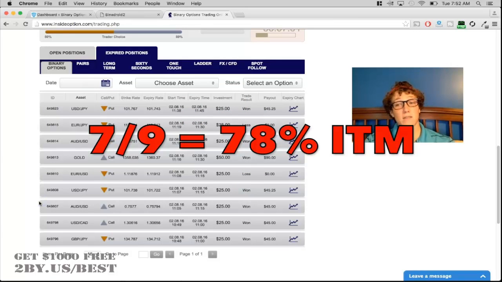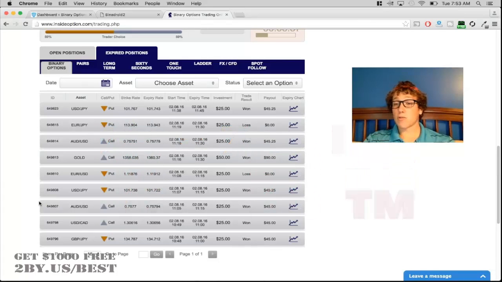Now that is a 78% in the money record here, and those were manual trades. So some of those losses could have been simple human error, which is why it's only 78 and not the 92 they promote on their promotional video here. So now let's look at all these trades. Some of them were steep wins, like that was a pretty good win. Some of them were a little tighter, and then the losses are losses. You're going to have losses when trading binary options, but overall we've made